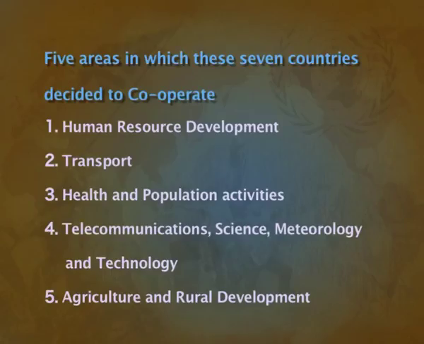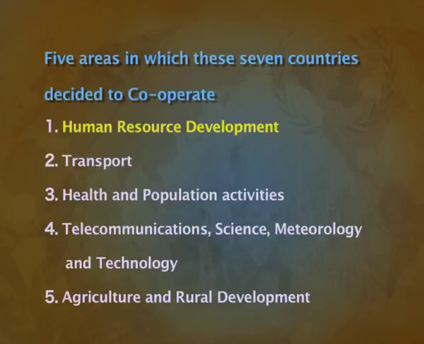So, in 1983, there was a summit in New Delhi whereby the declaration regarding the formation of South Asian Regional Cooperation was adopted. Later, 3 other countries, Nepal, Bhutan and Maldives, joined in. There were mainly 5 areas in which these 7 countries decided to cooperate. That is, 7 countries deciding to come together to cooperate with each other in 5 important areas.